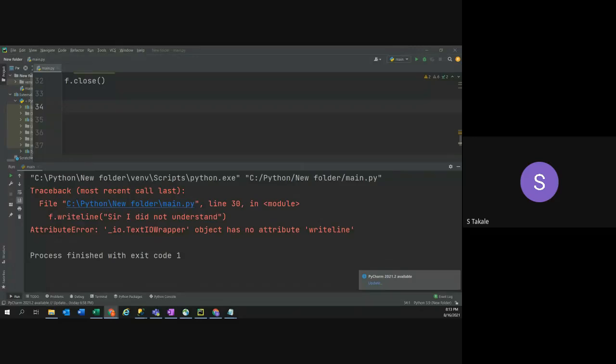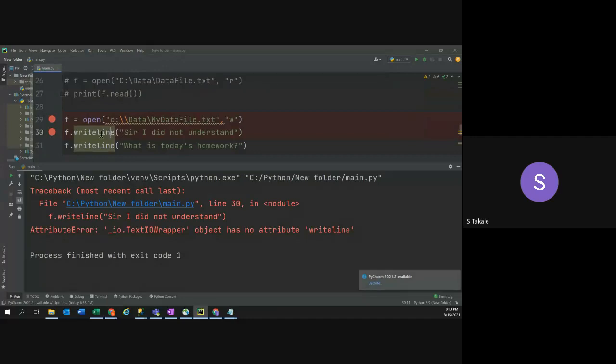So one way is you can use newline characters, slash r and slash n, that way. So if you write it,